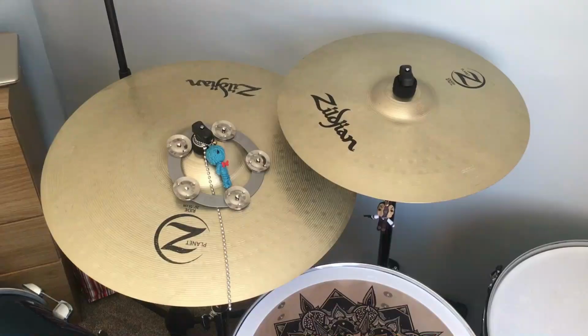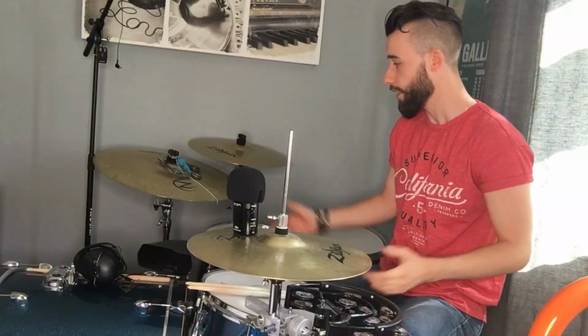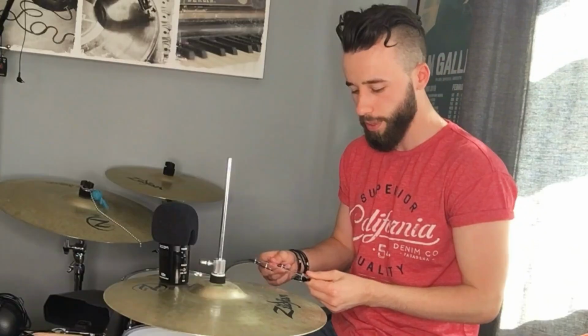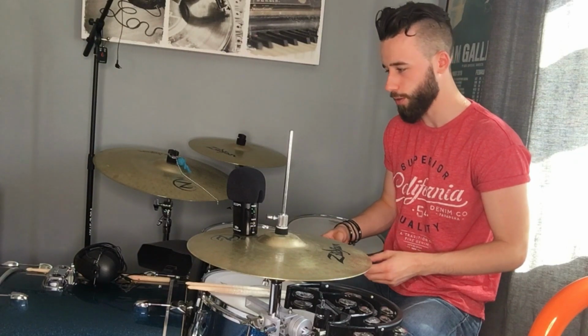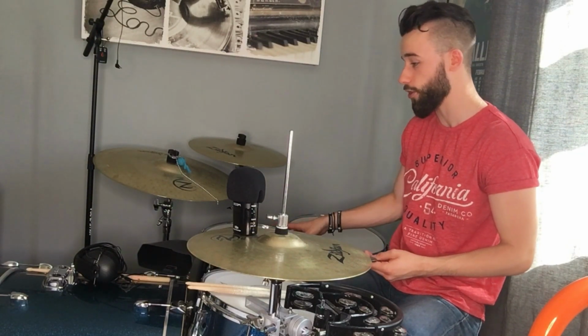I use a 20-inch ride and a 16-inch crash cymbal. As you can see with the ride, I have a Meinl Ching ring on it. Basically, I thought I just wanted to make the cymbals sound a bit more different. I was kind of used to the sound a bit much, so I thought I need to change things around. And for the past few months, I've been drastically changing how this kit sounds,